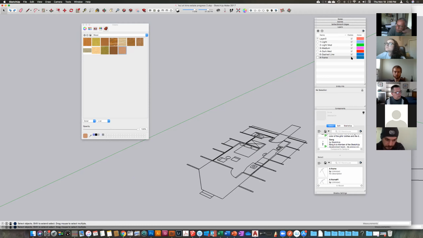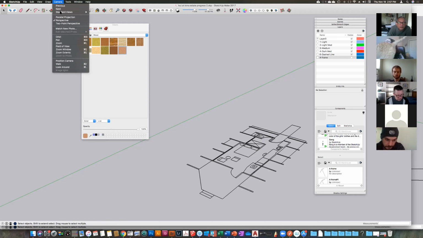This is a little more sophisticated than always using the hide tool. I like the hide tool for a quick one-off thing, but particularly as you create a fairly complex building, it's good to start putting things on layers. So make them components, put them on layers. You're always going to group and put things together to give you more control over a relatively complex three-dimensional architectural model. Okay, so let me switch to a top view, camera, standard, top,